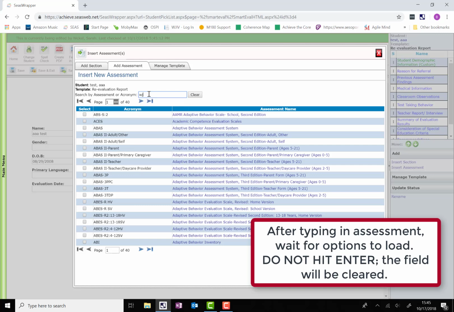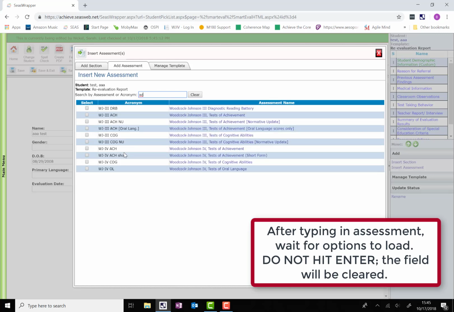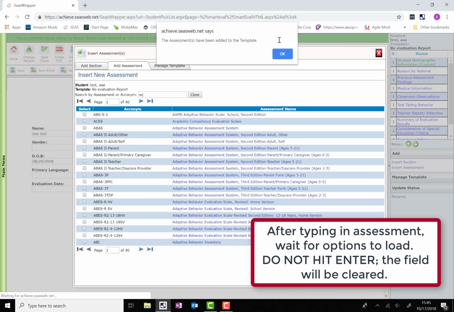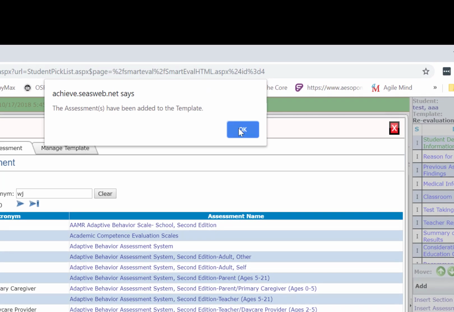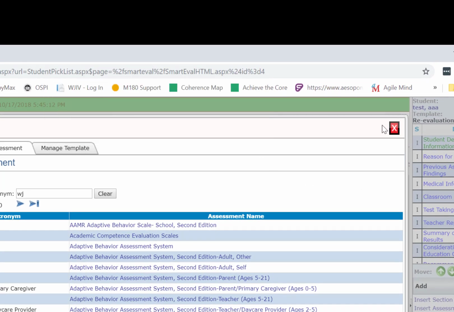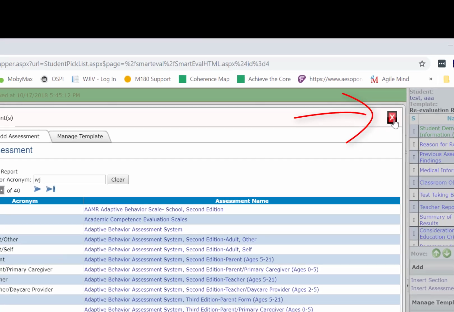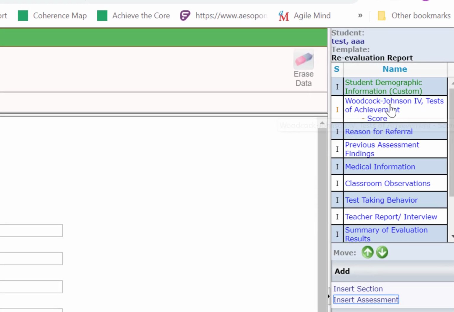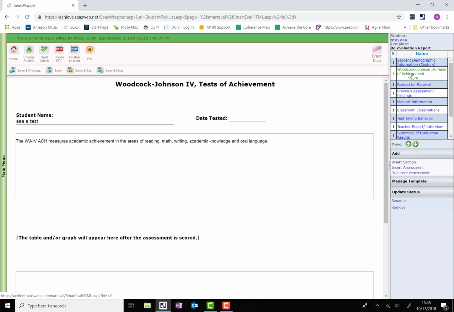So if you're looking for the Woodcock-Johnson, you could type in WJ. For the Woodcock-Johnson, you're going to choose the Woodcock-Johnson 4 Tests of Achievement. And if you just click that hyperlink, it will insert it as it says in the box here. Click OK, and the red X to close out here. Then you notice it does show up now on the right-hand side navigation bar. So if you click on Woodcock-Johnson here,